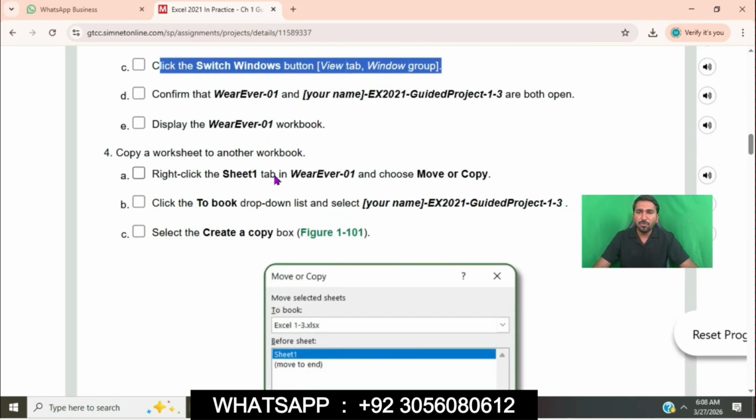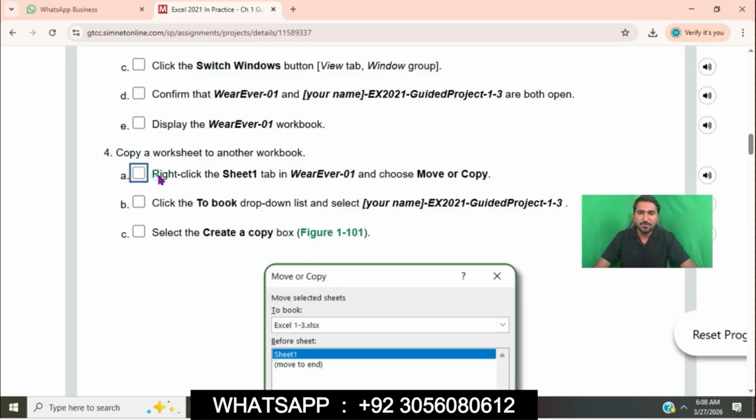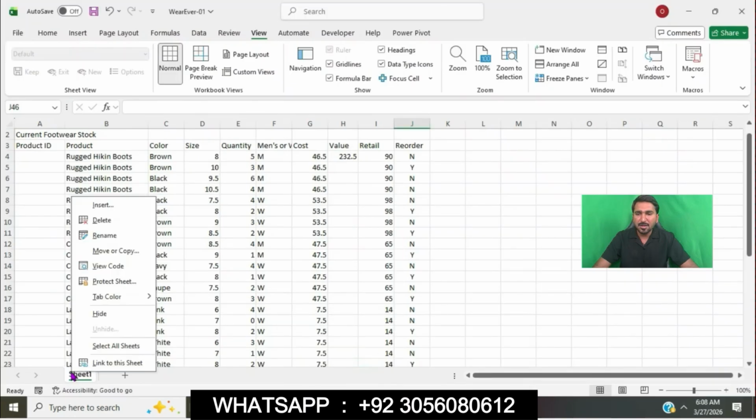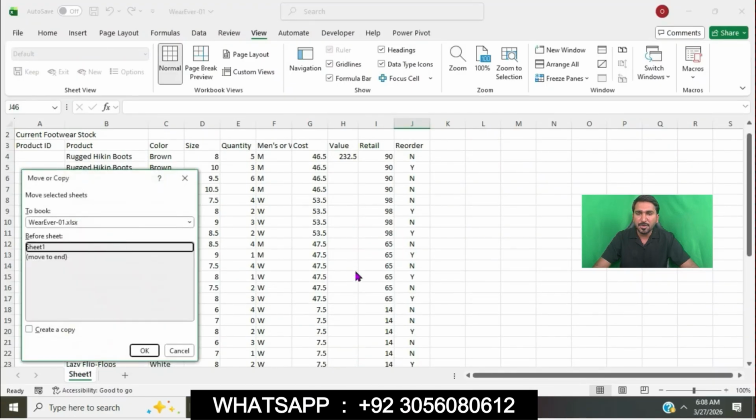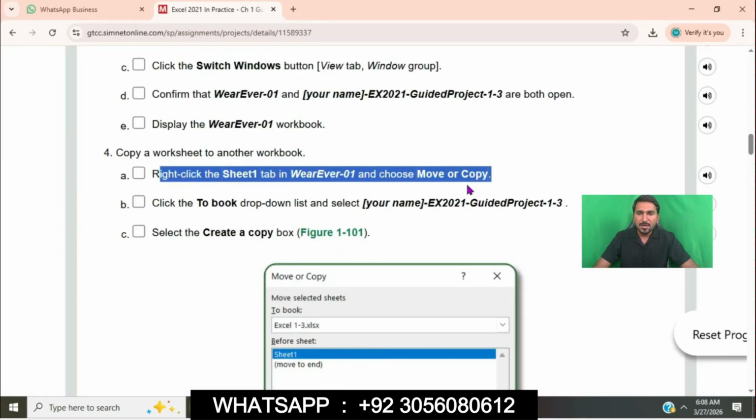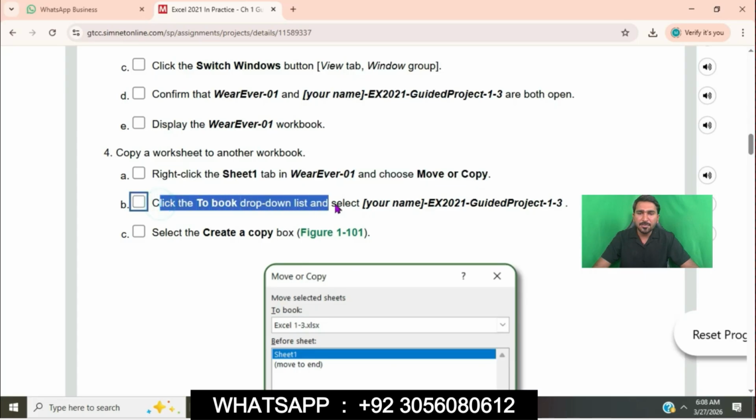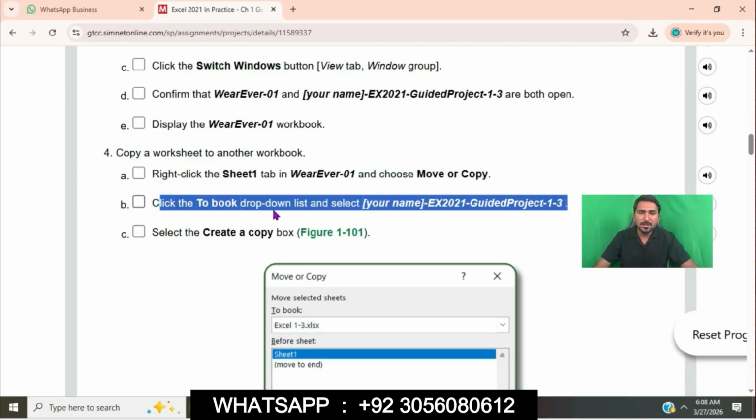So question number 4, copy a worksheet to another workbook. Right click the Sheet 1 tab in VReaver 1 and choose Move or Copy. Right click on this, click on Move or Copy. Click the To book drop down list and select your name Excel 2021 guided project 1 to 3.